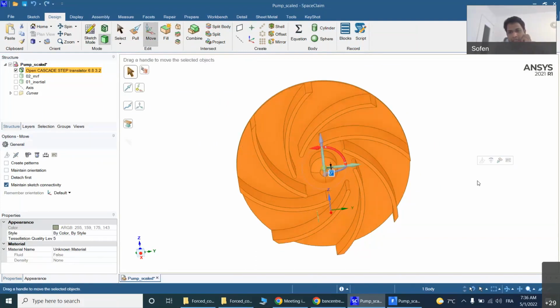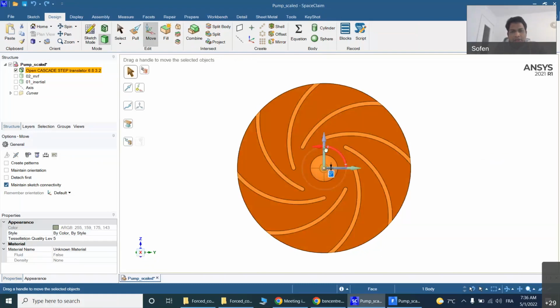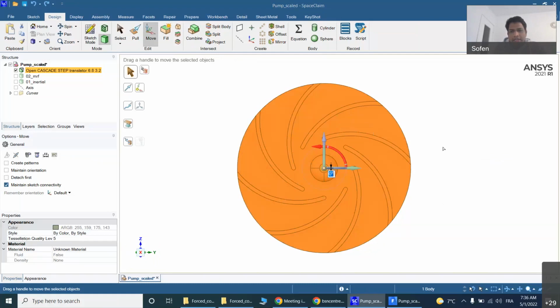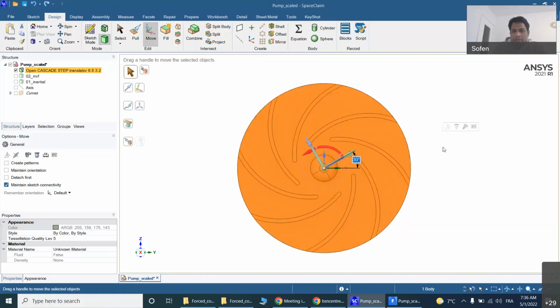Control Z, I'm doing it again. This blade is right now here. I just want to move it. Let it be 30 degrees. Now the blade is rotated 30 degrees. So whenever I am creating the mesh, normally we need 4-5 positions of the blade. We fix it, generate the mass flow rate, then if we make the average, it usually gives us a good approximation of the mass flow rate,